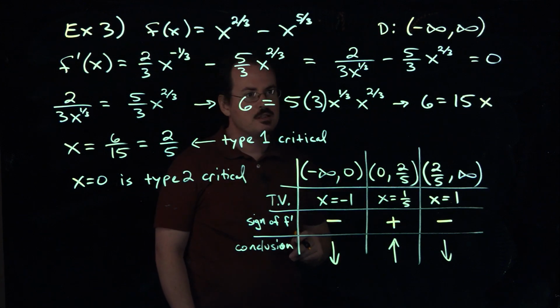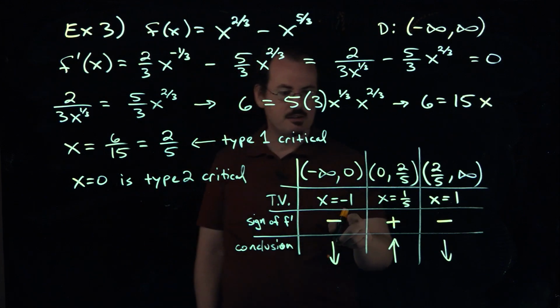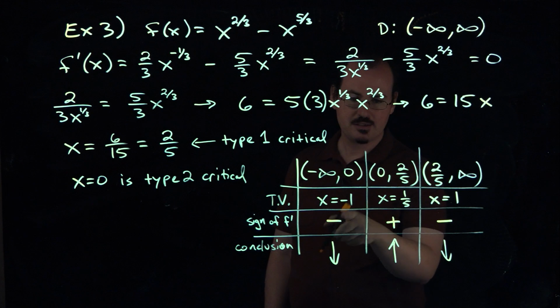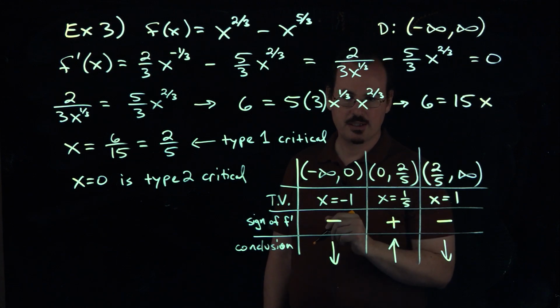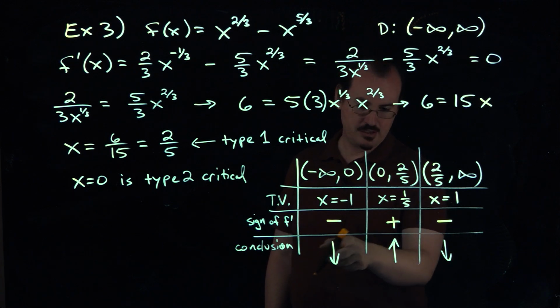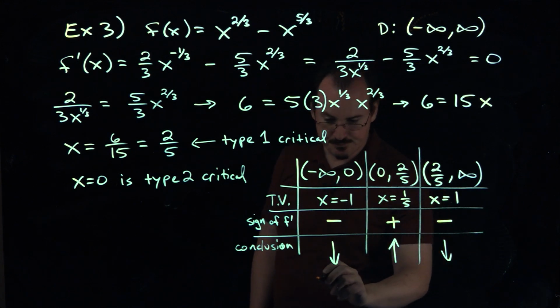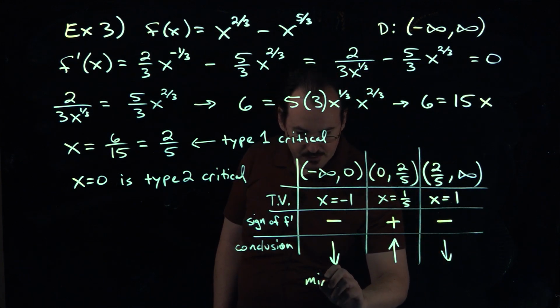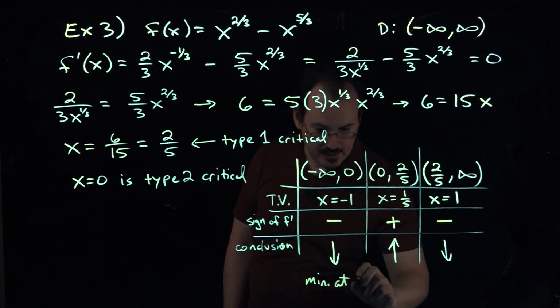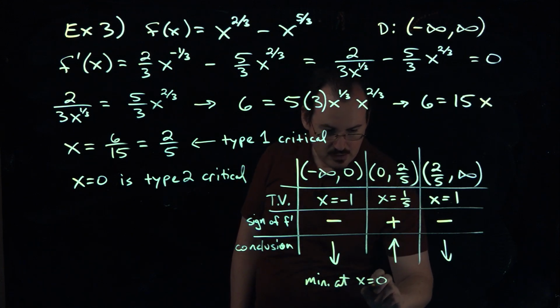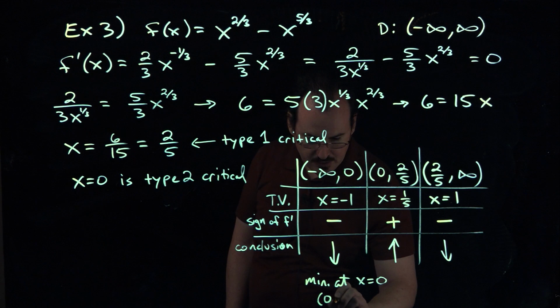Okay? So once again, we find that the derivative changed sign at a critical number. So what does that tell us? Since it changed from decreasing to increasing, that it was decreasing before, then it was increasing after, that tells us we've got a minimum value. So we've got a minimum value at x equals 0,